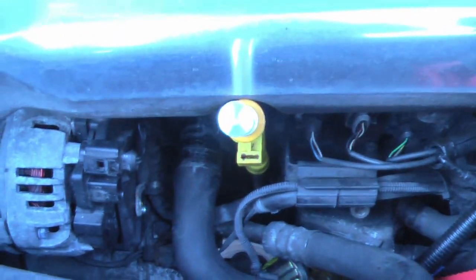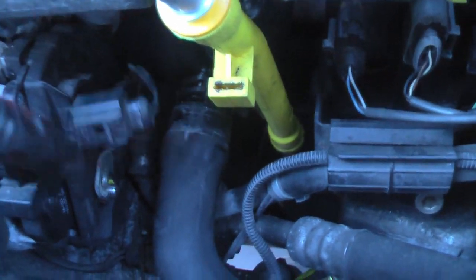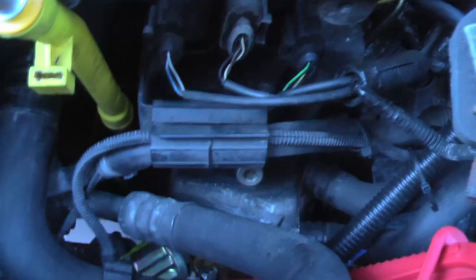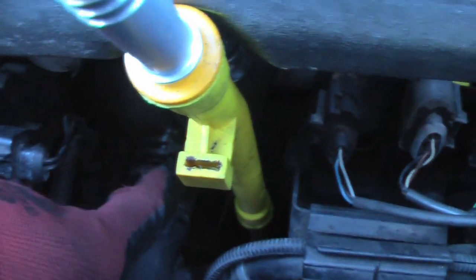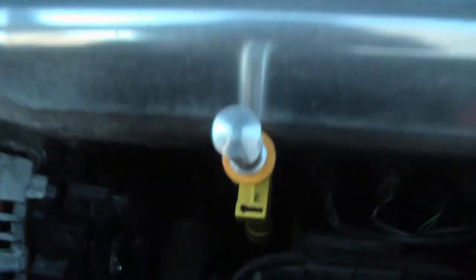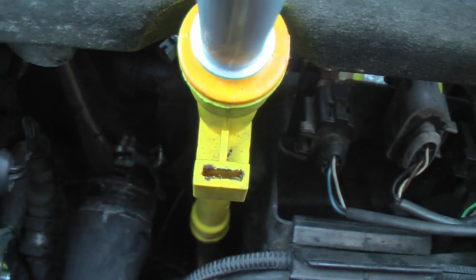Okay, before I show where we're up to, all that top's off. I have disconnected the power supply to the alternator and the actual lead, but make sure you disconnect the battery first before you tackle that. I've also clamped off that pipe there, and now I just thought I'd show you this trick. Got the clip that holds the pipe off. What you do is get a long screwdriver like this on top of the manifold, slide it down, and just behind there,